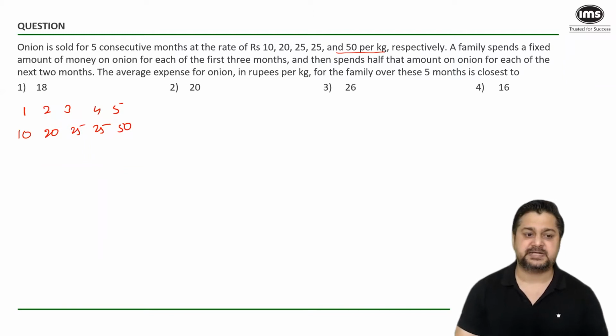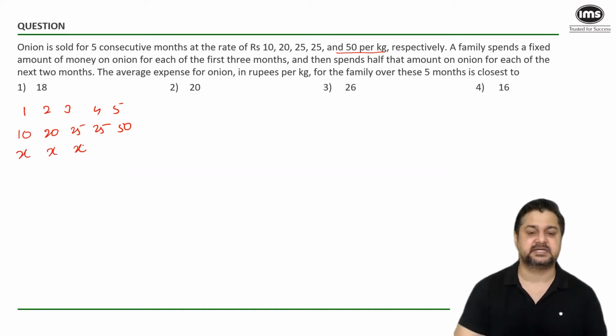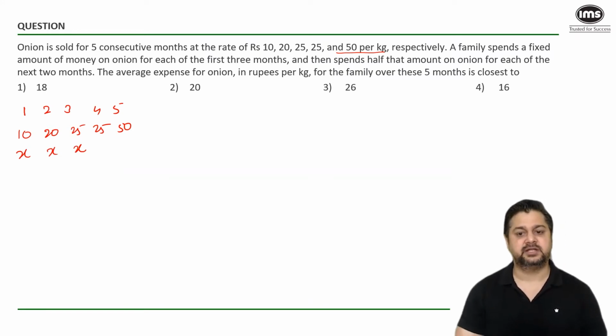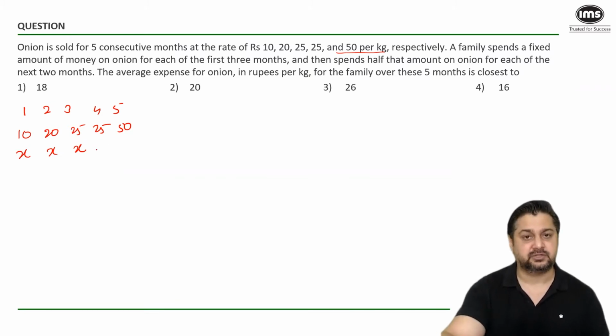Now a family spends a fixed amount of money on onion for each of the first 3 months. The total amount of money spent by the family is the same. So if it is X here, it is going to be X in the third month as well. Then they spend half of the amount on onion for each of the next 2 months. In the next 2 months, the amount that they spend on onion is X by 2